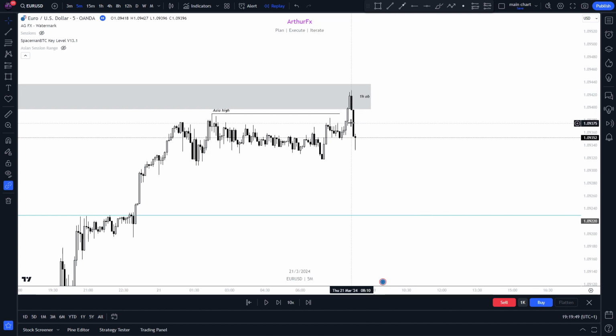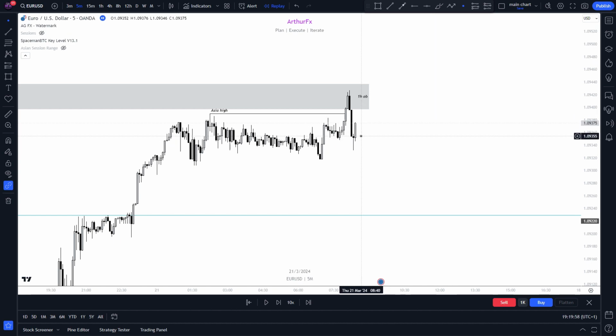Boom. So we see that price reacted really nicely off this 1 hour order block right here, right? So just play the next candle. Boom. I wanted to take a trade here off of this 5-minute fair value gap initially, but there was no market structure shift. We just had a sweep right here, so there was a good chance that price would just continue, right? So therefore I was waiting for some more confirmation, and I waited for price to break below this